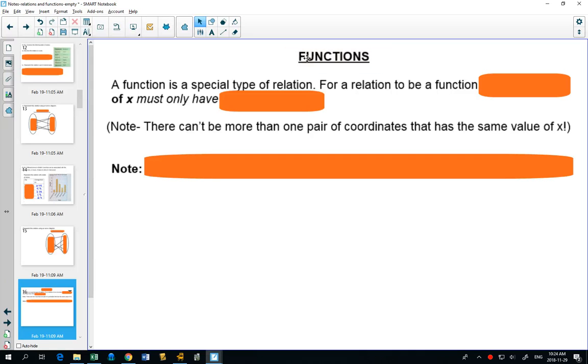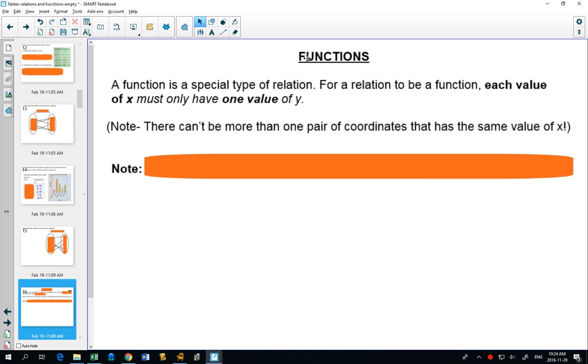In this next section, we're going to look at a special type of relation called a function. For a relation to be a function, each value of x can only have one value of y. That's the idea. Okay? So, for example, if we looked at communities and where they are,